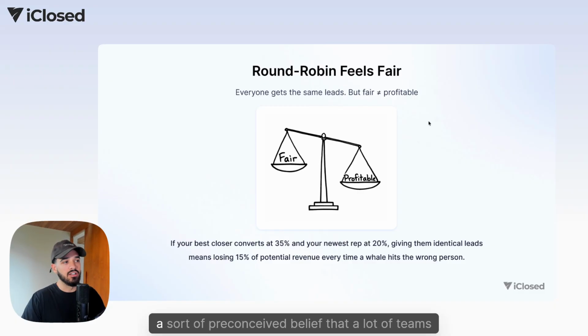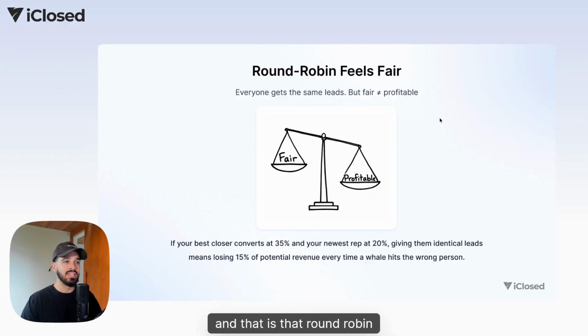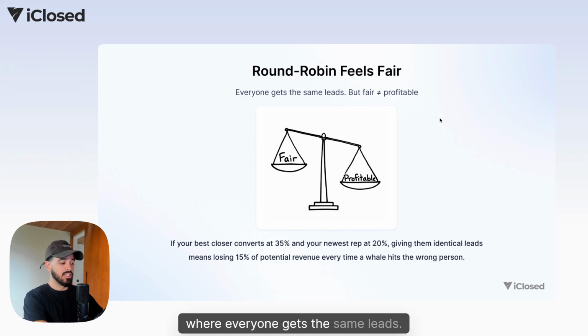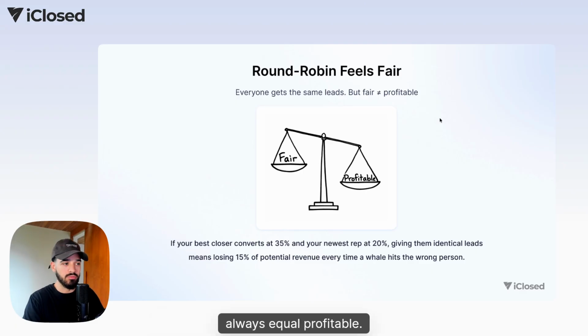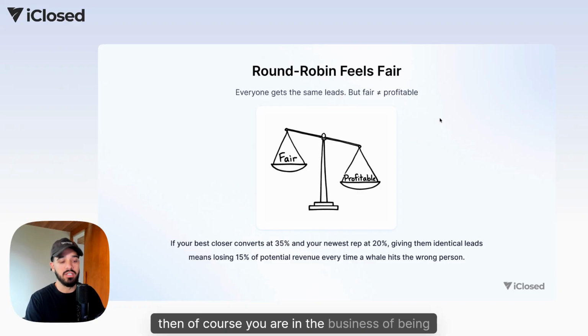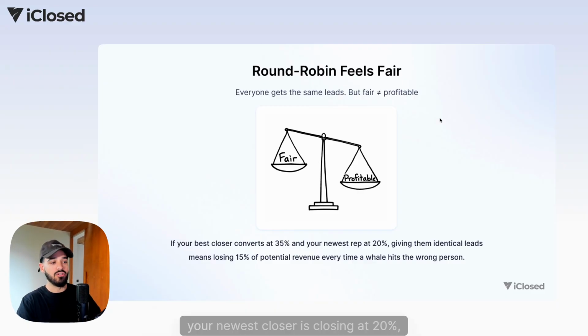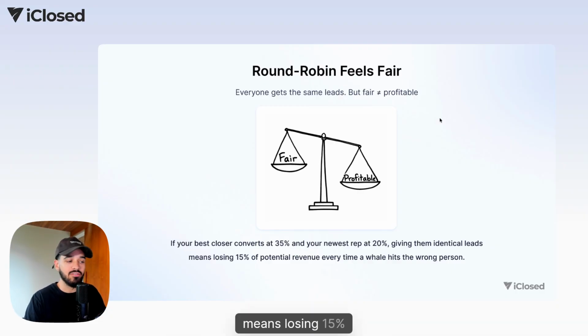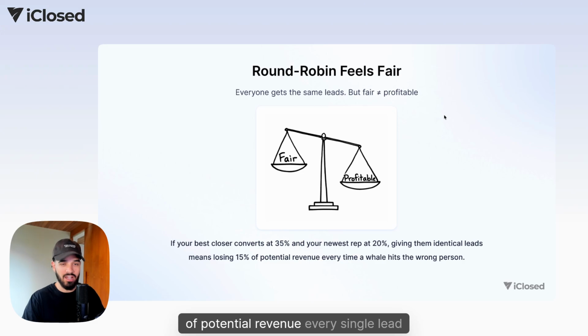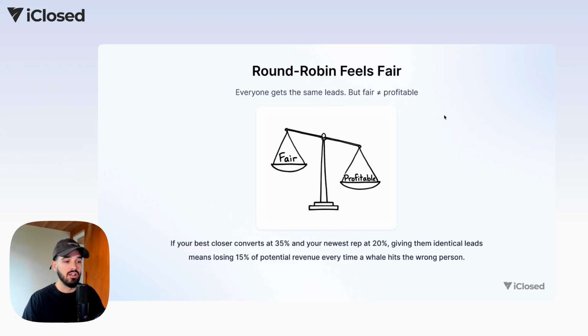There is a sort of preconceived belief that a lot of teams have, and that is that round robin is fair, where everyone gets the same leads. And the problem with this is that fair doesn't always equal profitable. Okay. And if you are in the business of, let's say, succeeding, then of course you are in the business of being profitable. And so if your best closer is closing at 35% and your newest closer is closing at 20%, giving them identical leads means losing 15% of potential revenue every single lead that is routed to the wrong